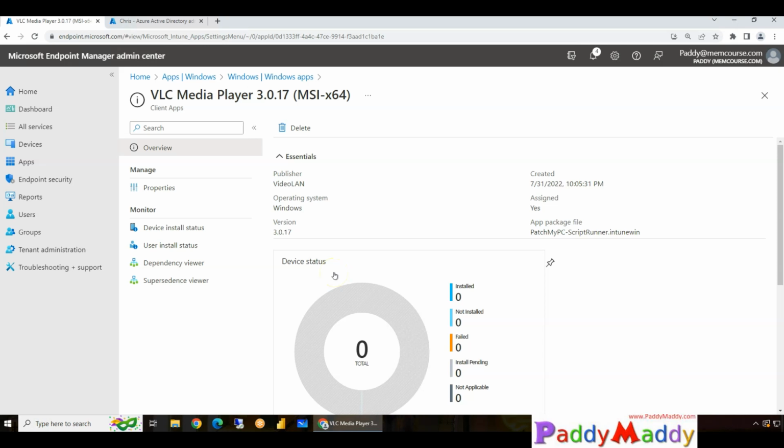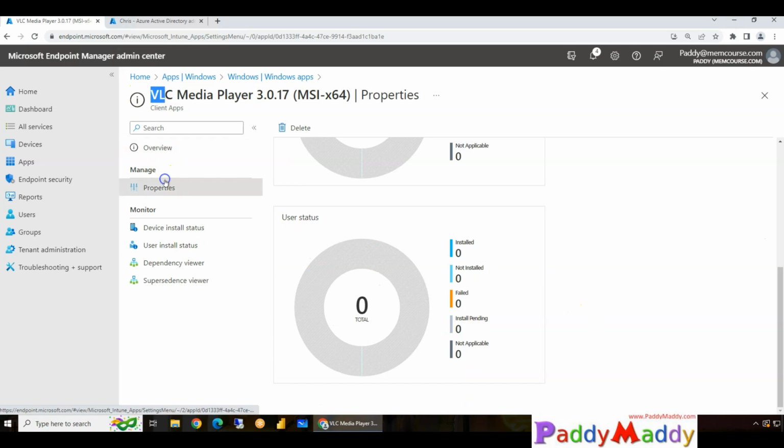So the end user has no need to search for VLC in their Company Portal application. Instead, they should be able to quickly find it, since this application will be available for them as